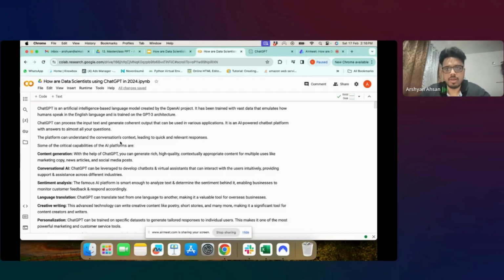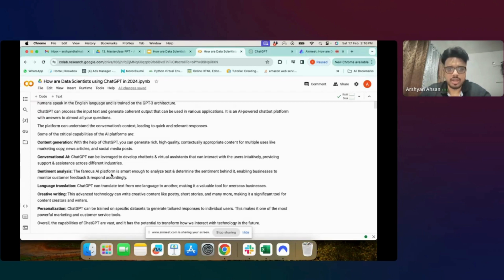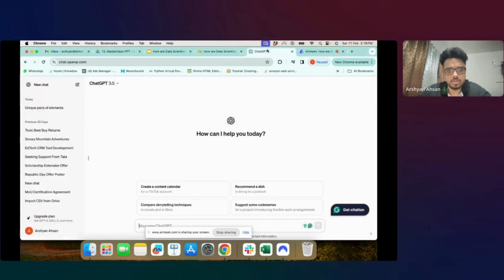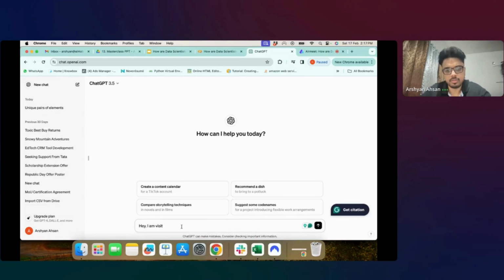So one of the most primary use cases is content generation. You can ask ChatGPT to generate any type of content that you want. You can just go to ChatGPT and say, hey, I am visiting mountains this winter season, and I have a few pics to upload.